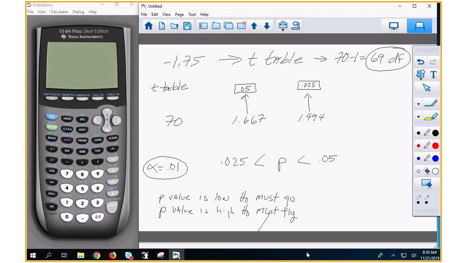All right, so what is our p-value? Our p-value is between 2 cents, 3 cents, and 5 cents. Everybody with me? So what is 5 cents and 3 cents compared to 1 cent? It's high. So if the p-value is high, then what? We are going to fail to reject the what? Null hypothesis. Fail to reject the null hypothesis.